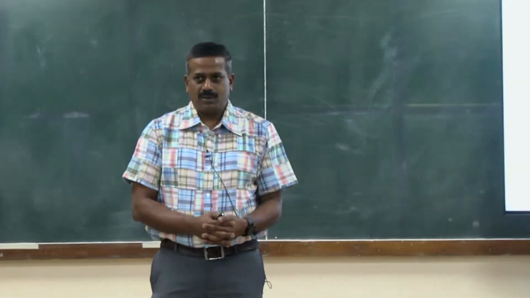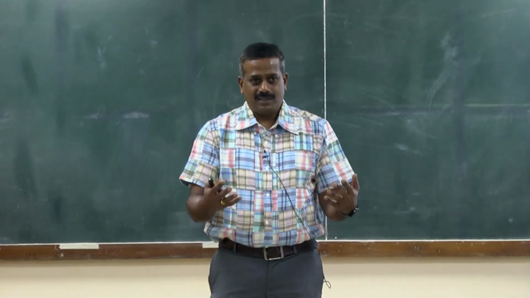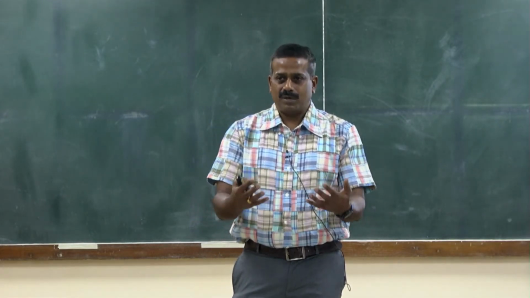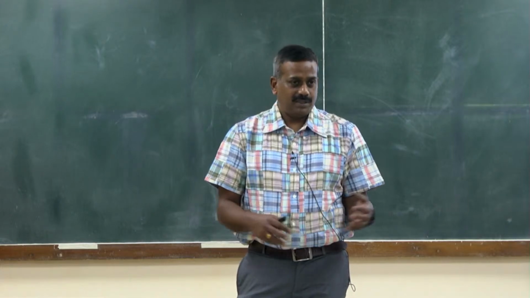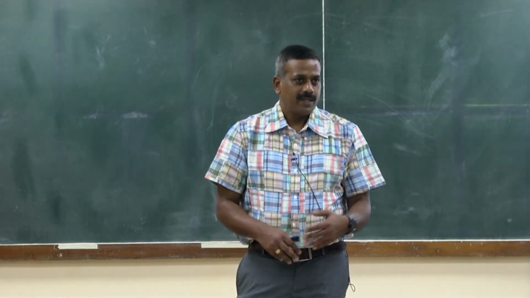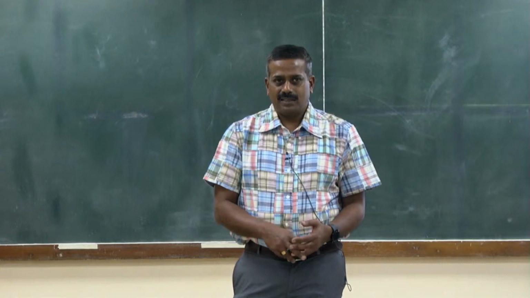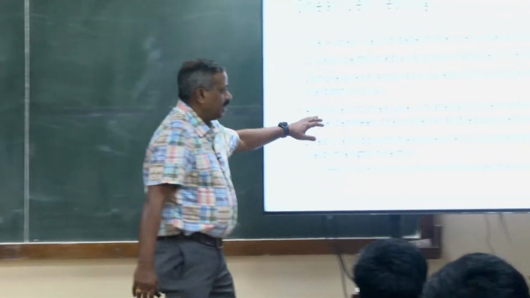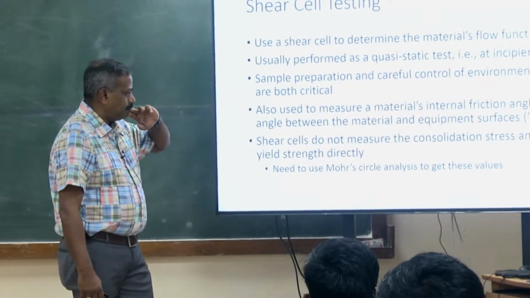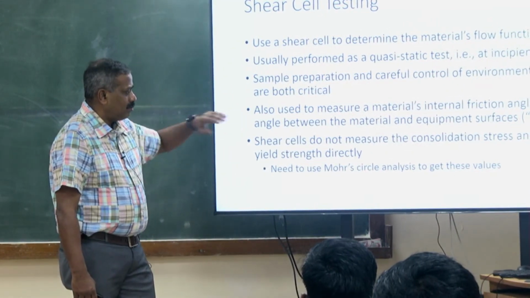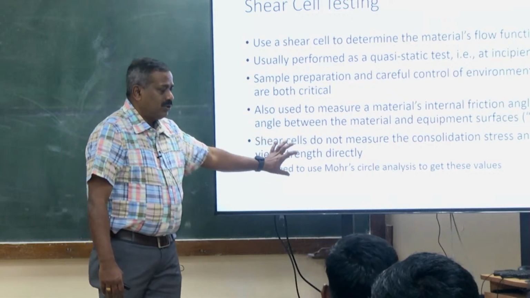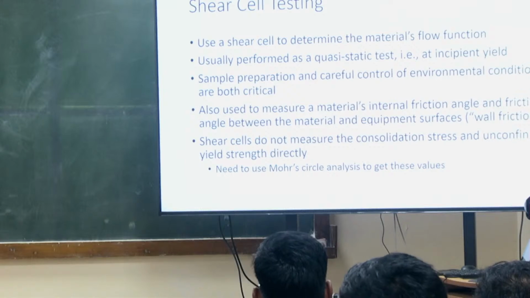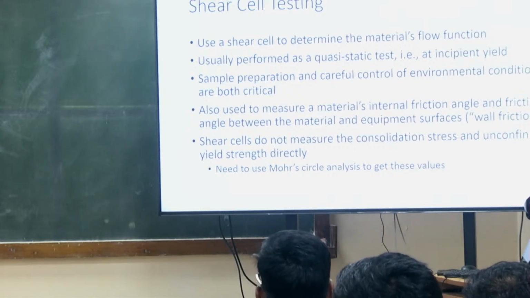Like if you're storing powder in an aluminum bin compared to a stainless steel bin, how does it affect their flow properties? Yes, their friction properties, their strength will be different, right? You can take aluminum, stainless steel, or any other type of steel, and their properties change. So again, it helps with wall effects. Using shear cells, we don't get the measures directly, but we use Mohr circle